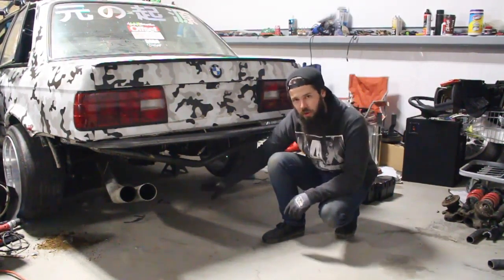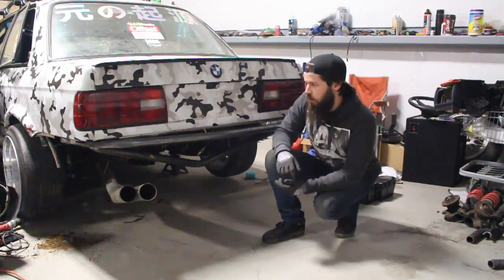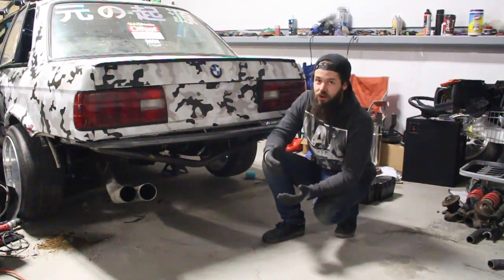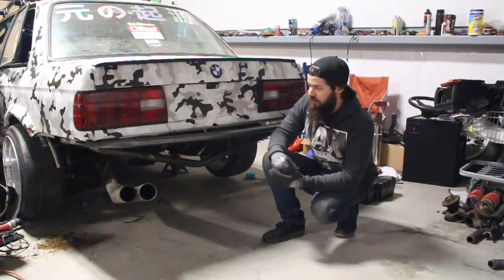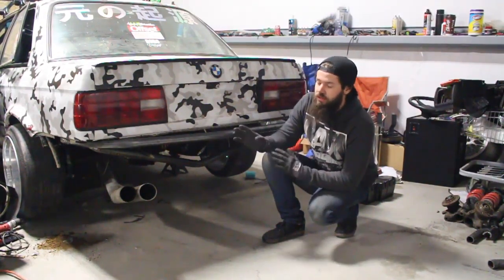So I don't have to go all the way under the diff and then smash the bumper as I'm going up and down to lower and raise the car. So far I'm very happy with this. As you guys saw from what we came from to this, it's just night and day. This is what I should have done originally, and I still regret not just doing this in the first place,